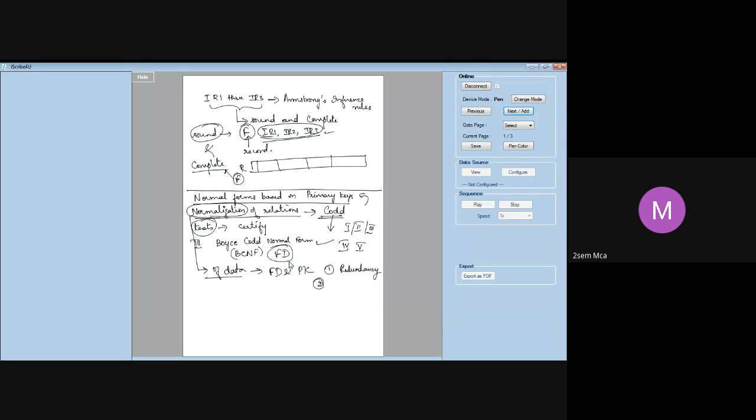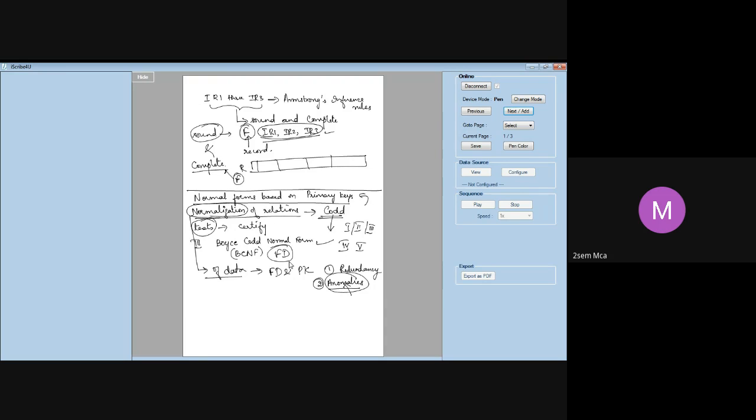The next important point is you minimize the anomalies. What anomalies? Insertion, deletion and update anomalies. That means when you try to insert, there can be some errors. When you try to delete, there can be some errors. When you try to update, there can be some errors. They are all called anomalies. In the other class, we saw how many ways insertion and deletion can be violated. Those violations are nothing but errors, the anomalies.